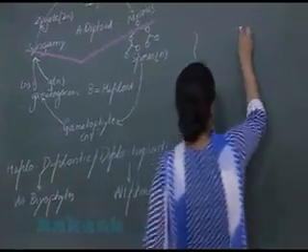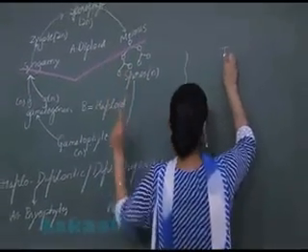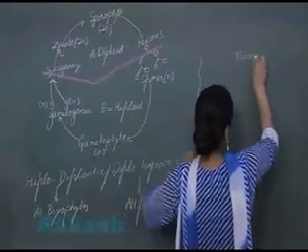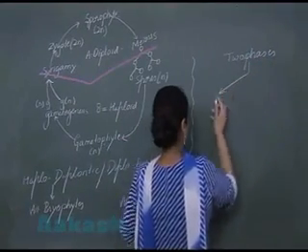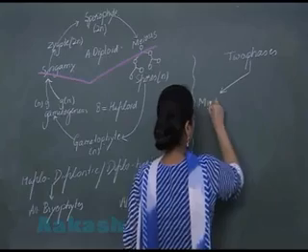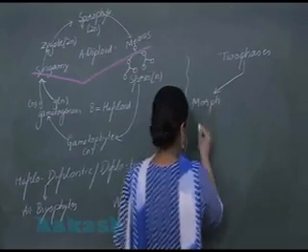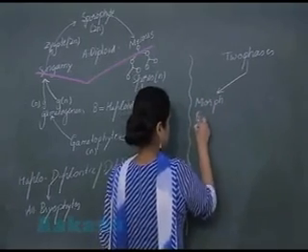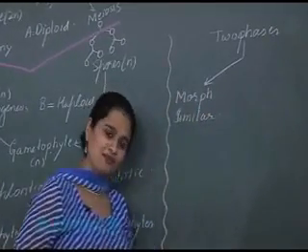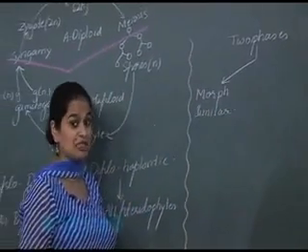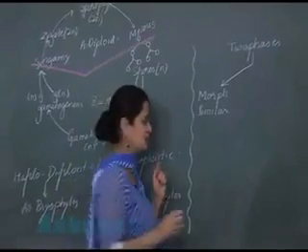Now in the life cycle, these two almost equal phases, if these two phases are morphologically similar, then it is known as